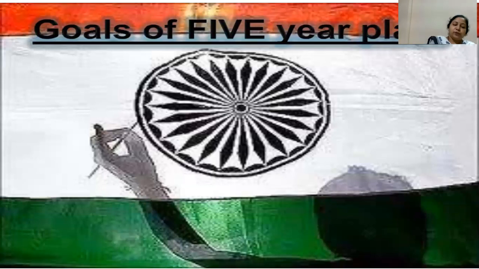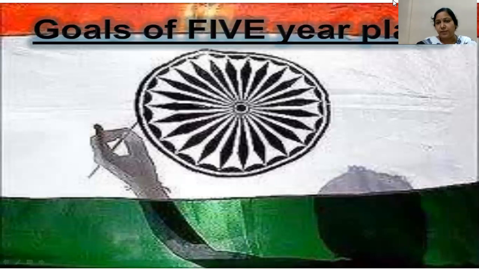The first 5 year plan was launched for the period starting from 1st April 1951 and ended on the 31st March 1956. Each 5 year plan listed basic goals. Every time the government decides what goal to set for the next 5 year plan when they come into power. Every time it is different. But the basic things of the 5 year plans are growth, modernization, self-reliance, and equity. We will discuss these 4 points in detail.